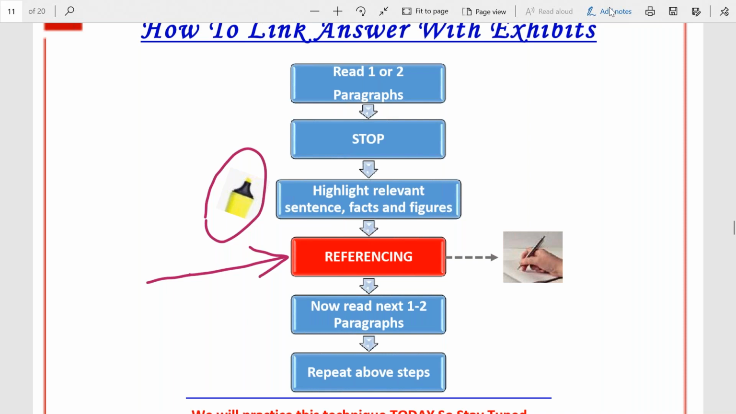Referencing means that you write the question number against the highlighted sentence. I repeat, by referencing, I mean that you write the question number or some note against the highlighted sentences. Okay, so now